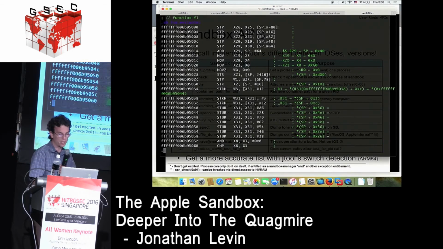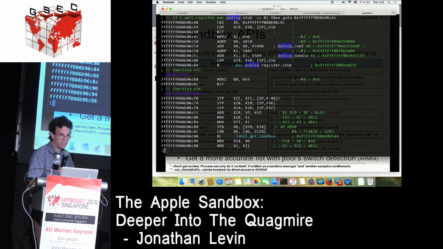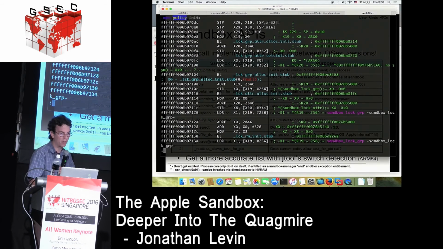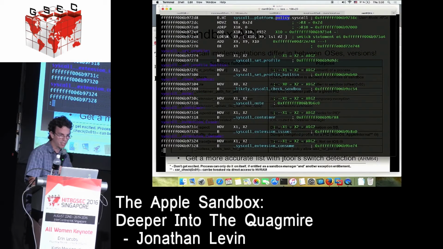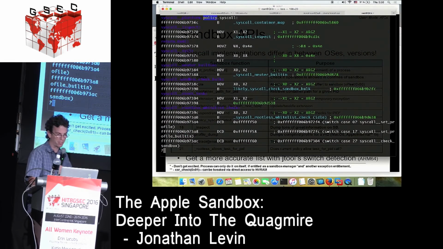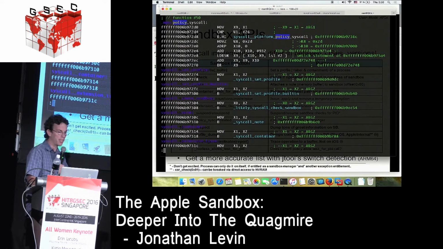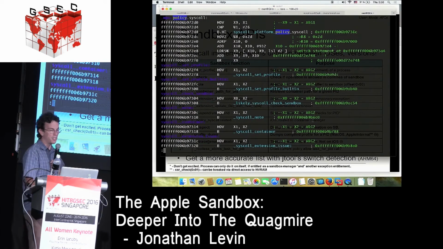But even if it weren't symbolicated, what you want to look at is the hook of the policy syscall, which is somewhere here. There it is. MPO policy init. No, it's one after. Give me a second here. Yeah, there it is. Platform policy syscall. Okay, so you're looking at MPO policy syscall, and you can see that over here there's